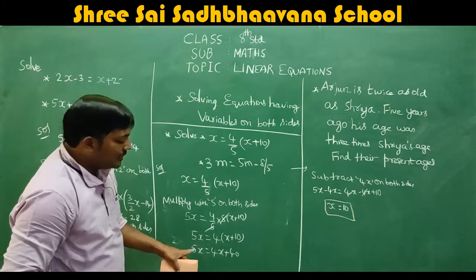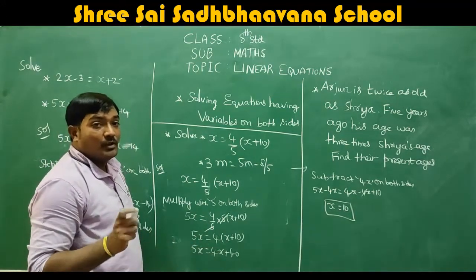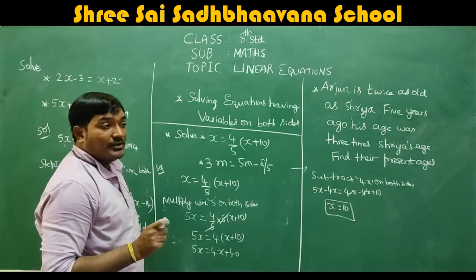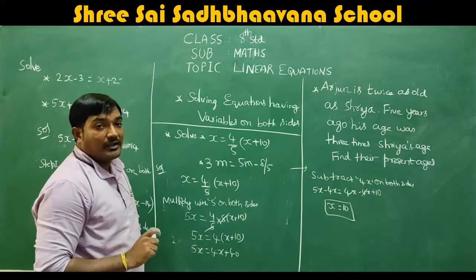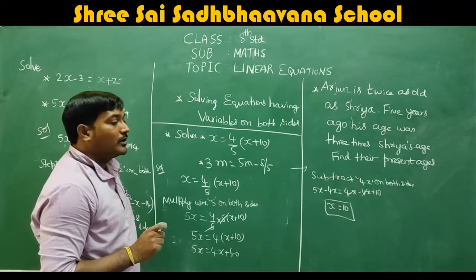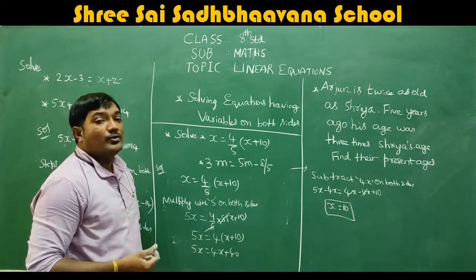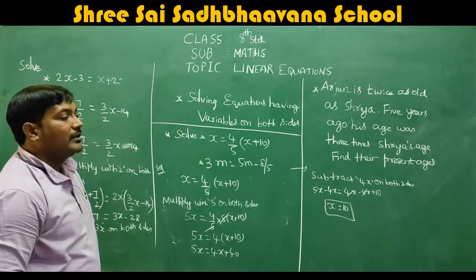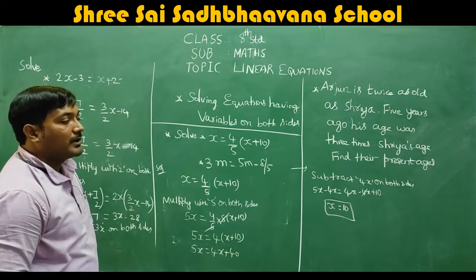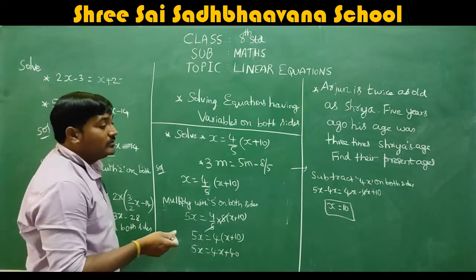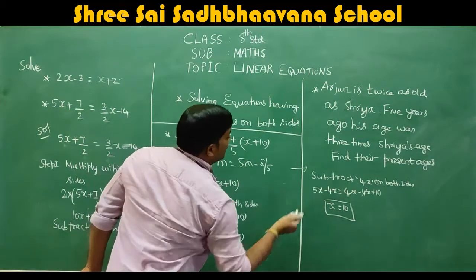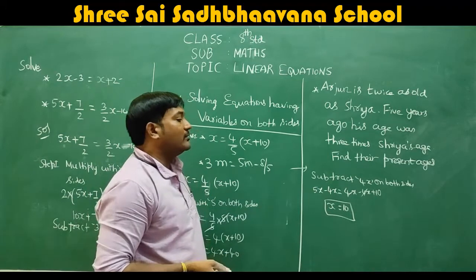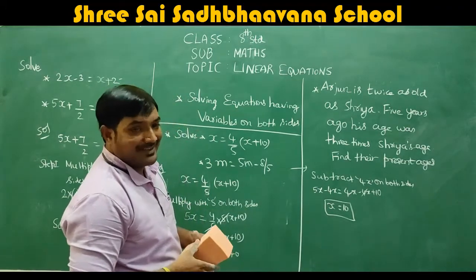And again I told you, here we have 5x, 4x, two variables on both the sides. So to make it simpler, which is the highest variable here? 5x is the highest, 4x is the lowest. So eliminate the lowest variable. To eliminate the lowest variable, what I did, I just subtracted 4x on both sides. So when you subtract on both the sides, it will get eliminated on the RHS and you are left with only the variable in the LHS. So we got 5x minus 4x is x. So x value is 40.